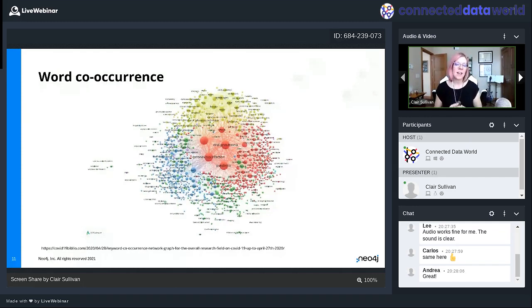But then we see there is a close relationship between coronavirus infection and pandemic. Pandemic is also large. Now, they're close together because that means that those two words are co-occurring within a lot of papers. So you might expect if a paper says coronavirus infection, it would also say pandemic. The other thing about this graph is that you can see that it clusters.